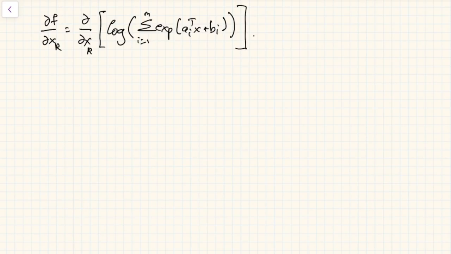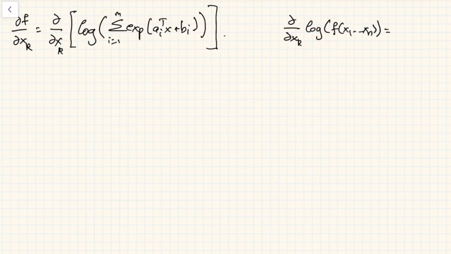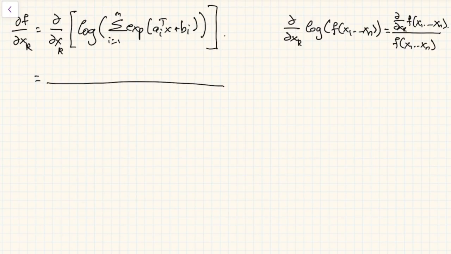So we know that if we're deriving something like the log of a function of x1 down till xn, then this is actually, if we make some space, it is actually this. So it is f in the denominator with the partial derivative with respect to xk in the numerator, right? That's what we're going to apply right here. So my f, well, I don't want to confuse notation, so let's say I'm going to erase f